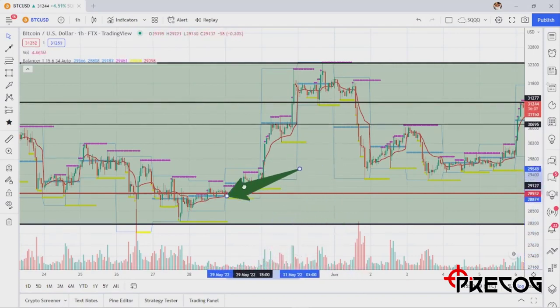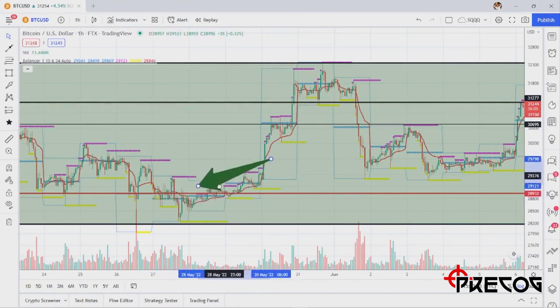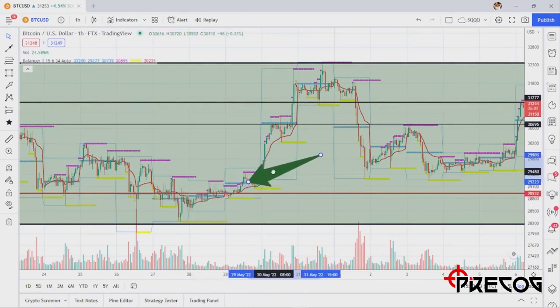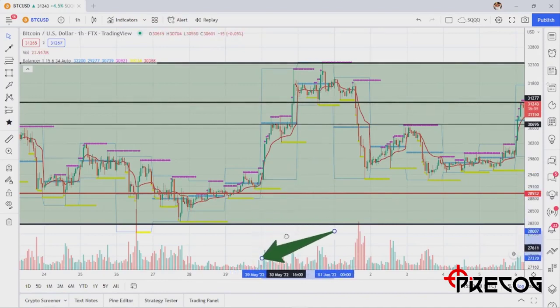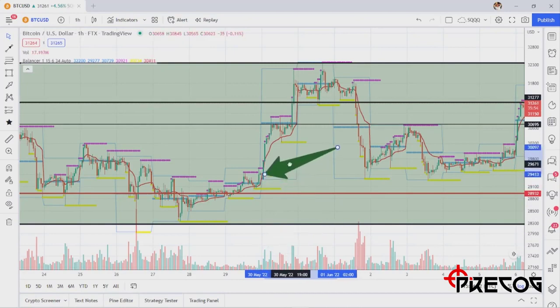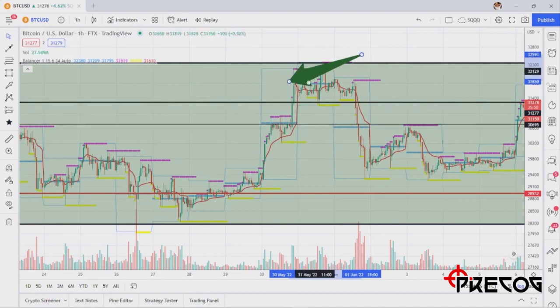You have a horizontal area where it's just bouncing back and forth, but then you start to get price movement above, and you see it hold support right down in here above that VWAP, and then you start getting a change in volume. And look at what happens when price breaks above VWAP. You get a nice